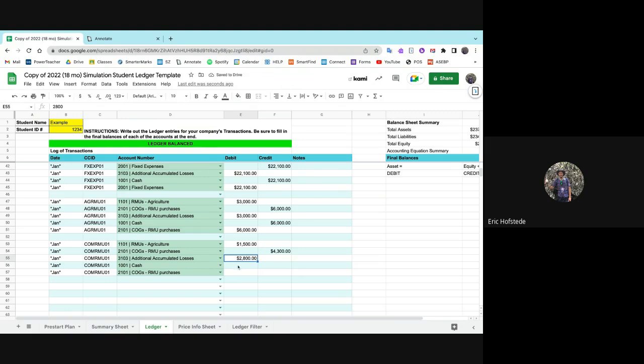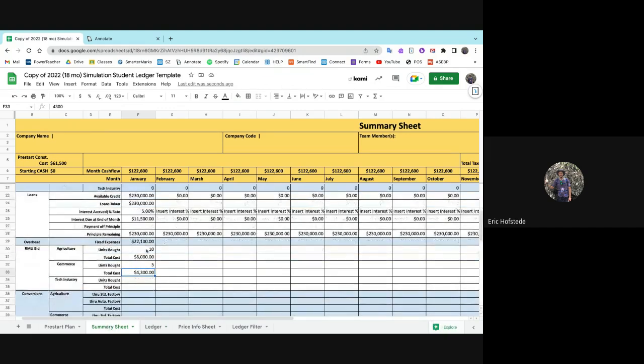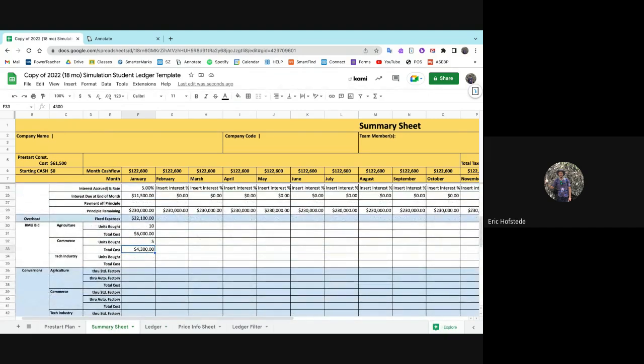Right, and then we have to pay our bill, so we get rid of our cash, the full bill amount, 4,300, and my bill goes away by the full amount, 4,300, by debiting that liability. All right, we did it. We bought our RMUs and we recorded them. Now we need to do something with them to sell them,